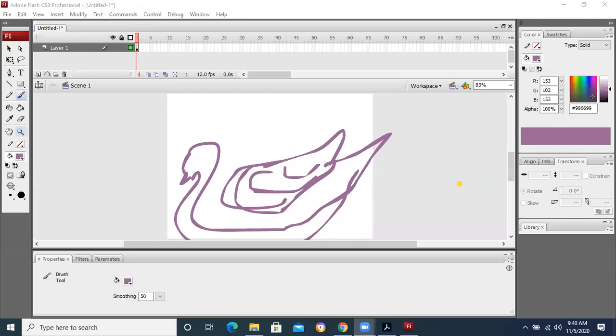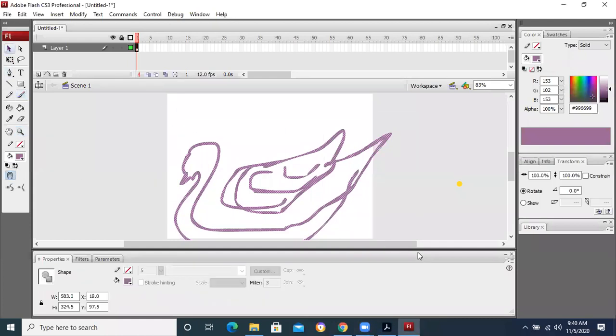The more you practice, the better object you will be able to draw.